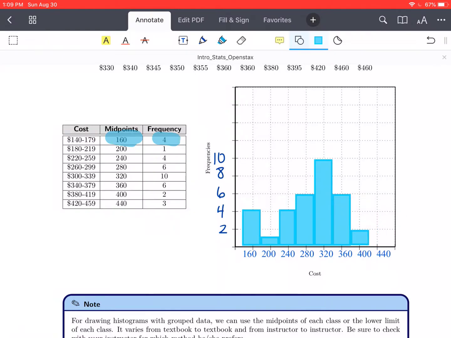And then centered at 440, we have a height of 3. Alright, and there we go. We have our histogram. So this gives us the same data that the frequency polygon gave us before, but this is a more common method that we have for drawing this out. So now I'm going to come back to this in a sec,